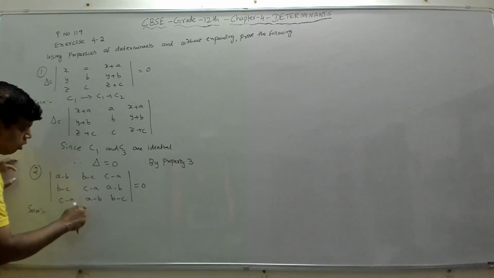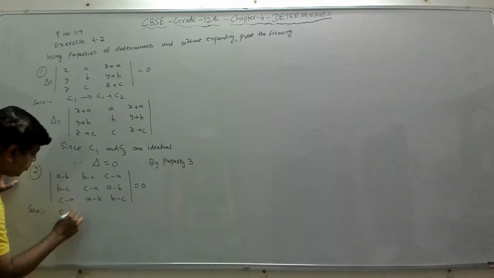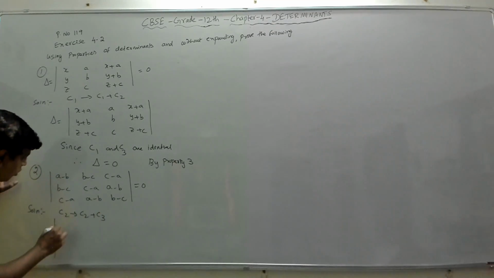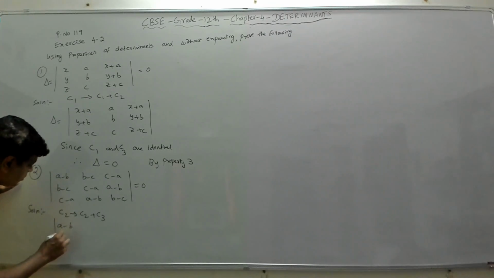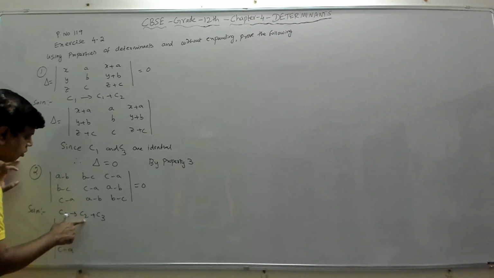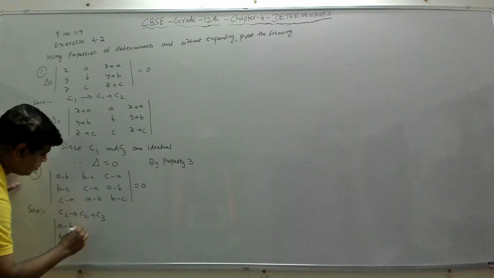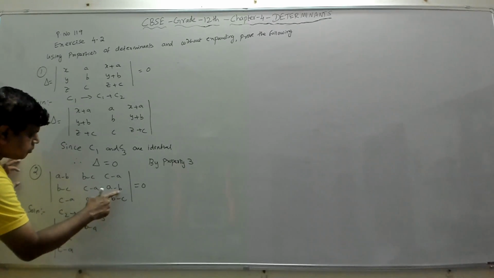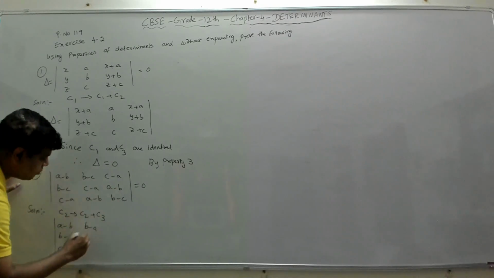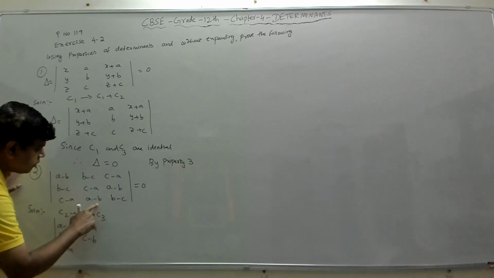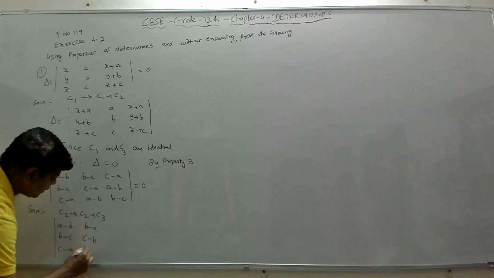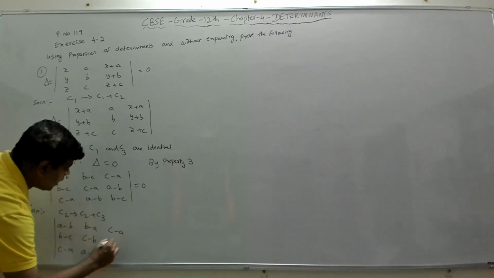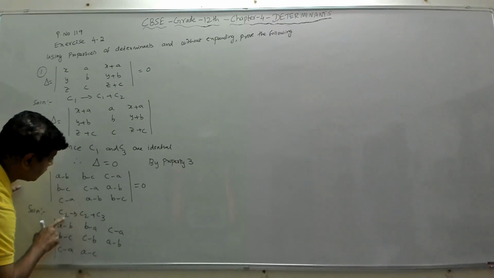So we'll apply column 2 is column 2 plus column 3. Your column 1 has no change, a minus b, b minus c, c minus a. Your column 2 is this plus this, b minus a. If you add c minus a plus a minus b, a will get cancelled, c minus b. Similarly, if you add these two, b will go, a minus c. Then the third column C3 I am writing as it is. Only the second column is getting changed.